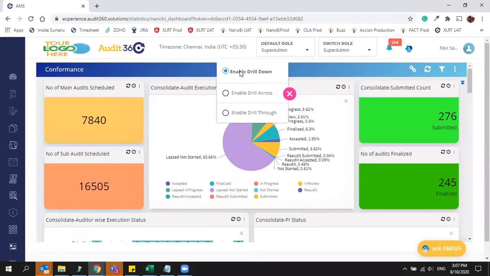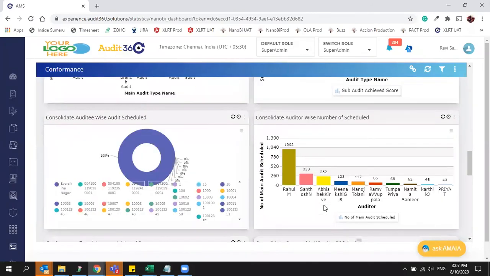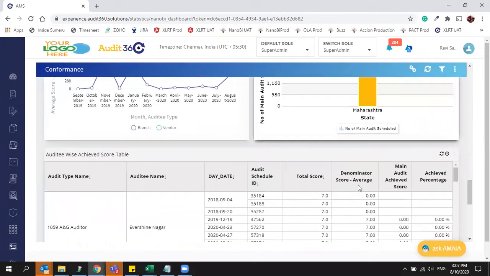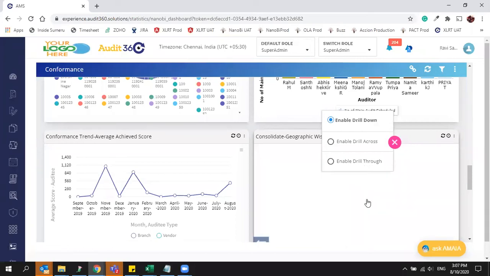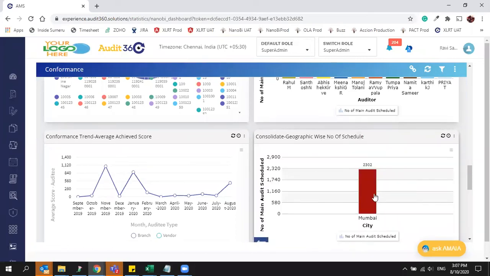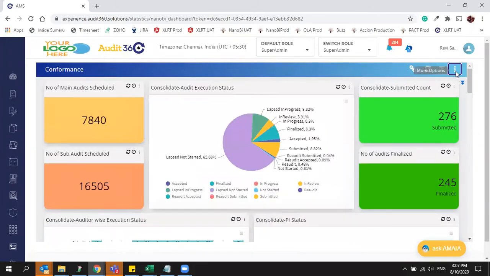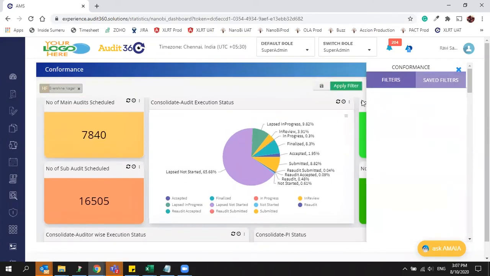What will happen if you choose drill down? I'll show with the relevant chart. Now I'll go with this as a drill down. I'll choose Maharashtra within this. If you want to access which all cities are there, you can access it. Okay, I'll just remove that default filter so that you can see all the data. Now you are seeing only that.